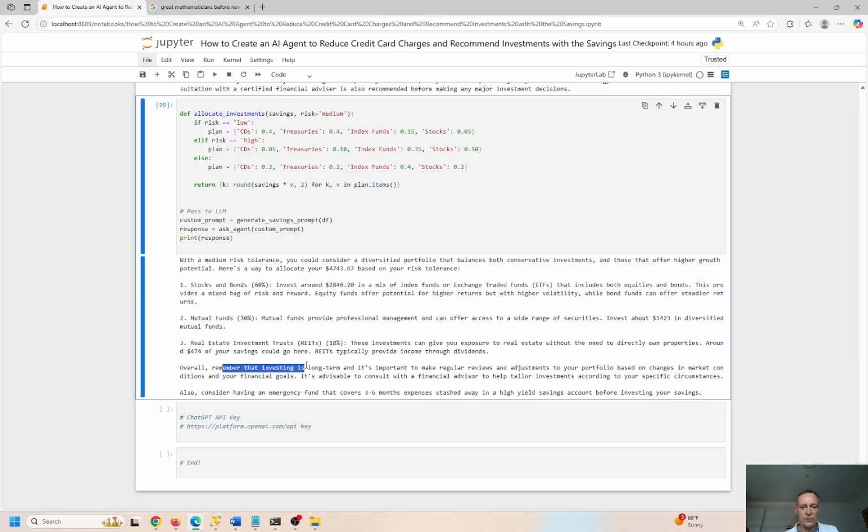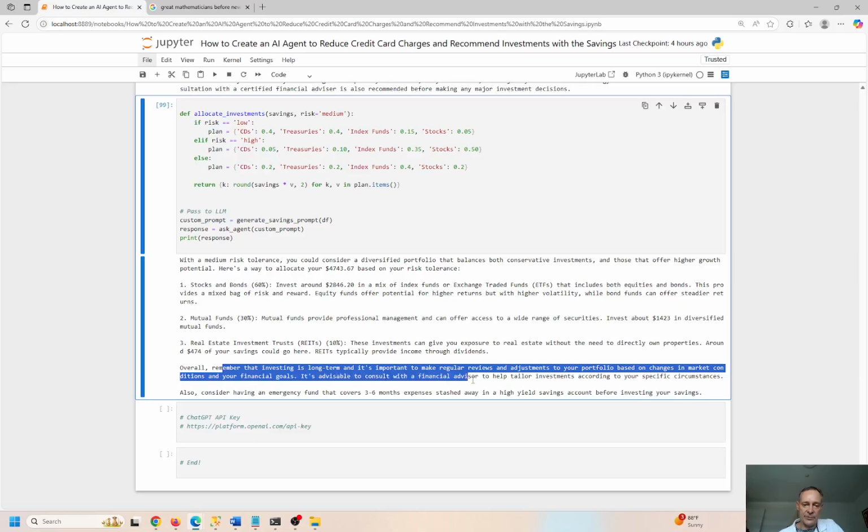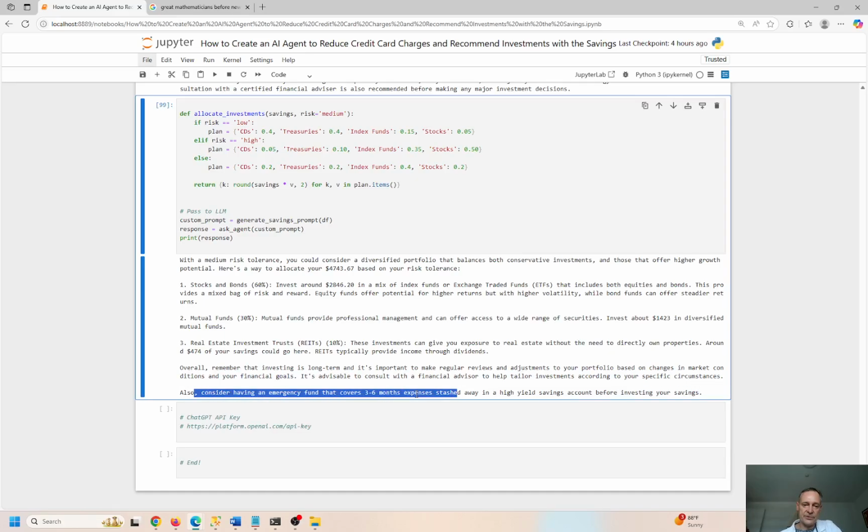Overall, remember that investing is a long-term commitment, and it's important to make regular reviews and adjustments to your portfolio based on changes in market conditions or your financial goals. It's advisable to consult with a financial advisor to help tailor investments according to your specific circumstances. Also consider having an emergency fund that covers 3 to 6 months of expenses, held in a savings account.